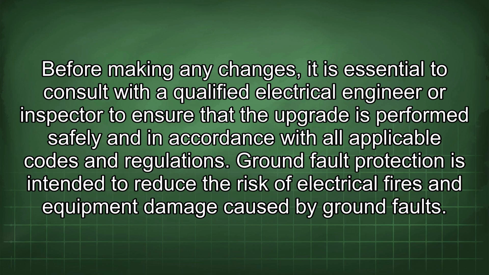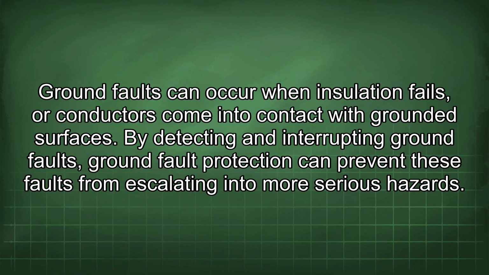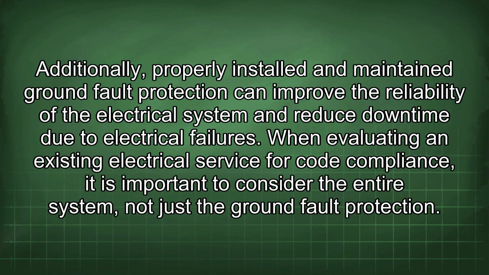Ground fault protection is intended to reduce the risk of electrical fires and equipment damage caused by ground faults. Ground faults can occur when insulation fails or conductors come into contact with grounded surfaces. By detecting and interrupting ground faults, ground fault protection can prevent these faults from escalating into more serious hazards. Additionally, properly installed and maintained ground fault protection can improve the reliability of the electrical system and reduce downtime due